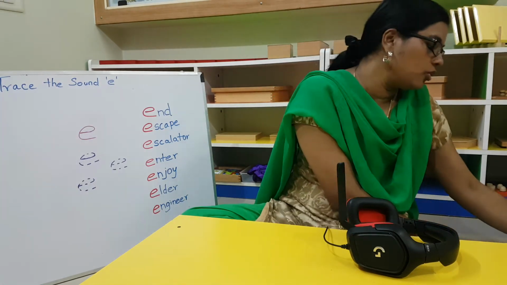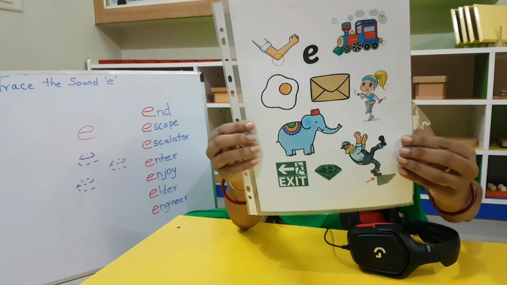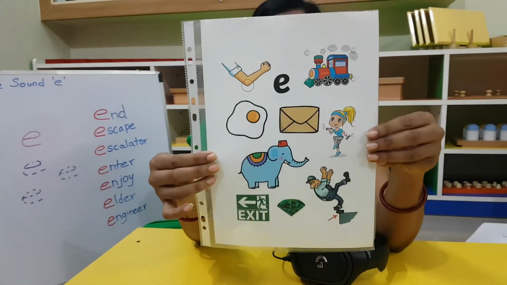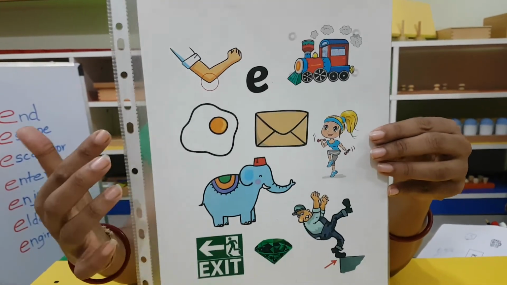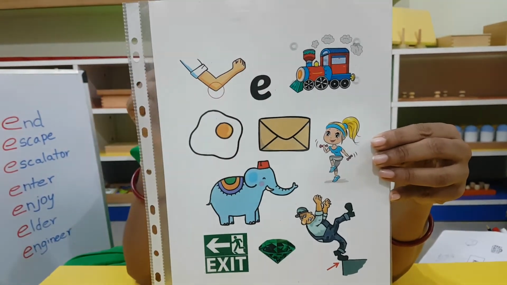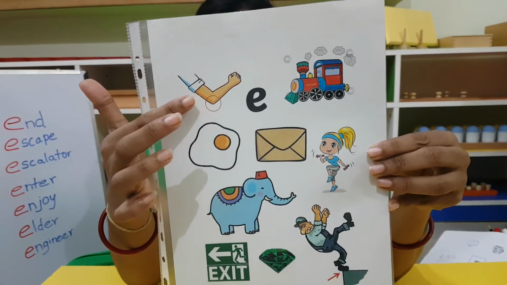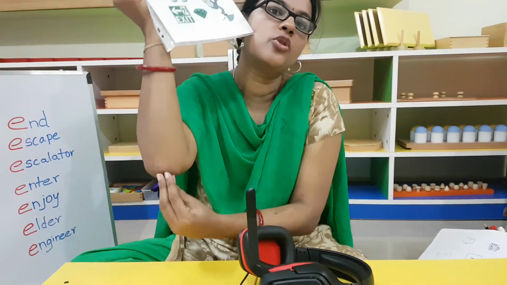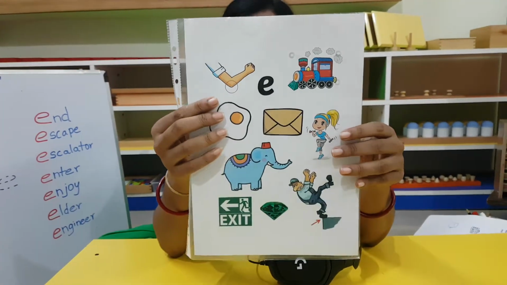Then Miss Juno also showed you some words. Remember these pictures? Very good. Shall we go through them again? So this is A. This is elbow. A. Elbow. The pointed elbow that Miss Juno showed you in the last video.